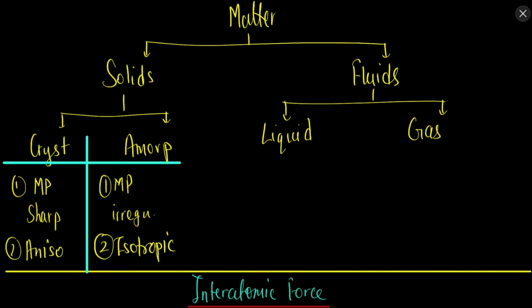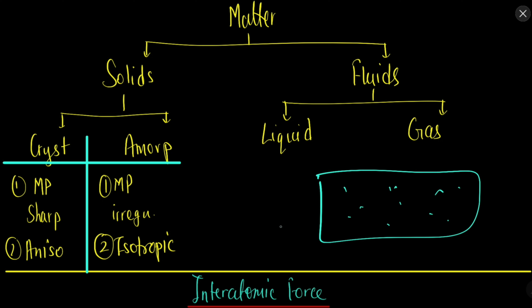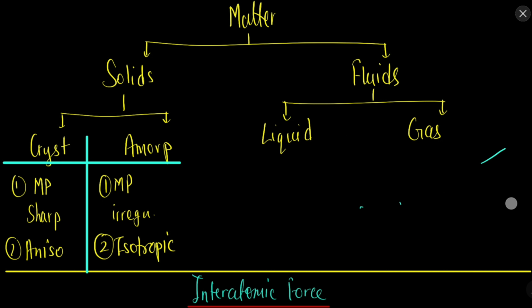Crystalline solids are anisotropic and amorphous solids are isotropic. What does this mean? Isotropic means it looks the same from everywhere. For example, if you have a sphere, a ball, if you look at it from anywhere, it will look the same to you. Similarly, amorphous solids have a structure which is fairly irregular. Randomness is there, so wherever you look at it from, you will see randomness. So they are isotropic, similar from every angle.